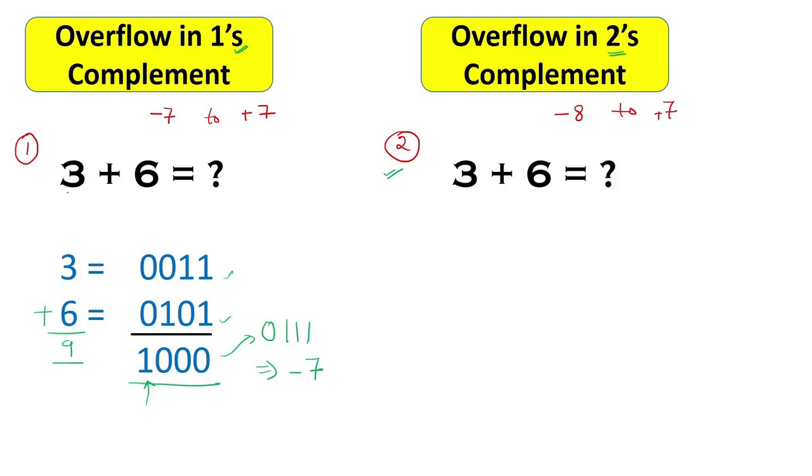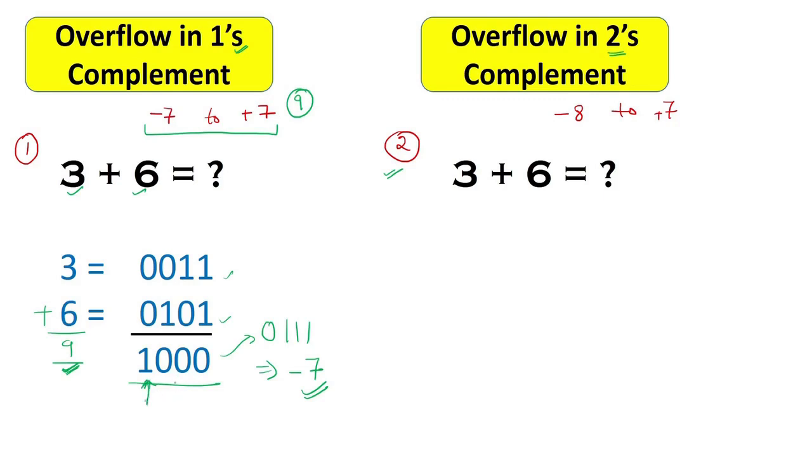Why? We are adding two positive numbers, 3 and 6, and we are getting a negative answer. This is the clear sign of the overflow. In another sense, you can understand this overflow like this. In 4-bit ones complement representation, we have the range minus 7 to plus 7. This we have already discussed in the previous videos. But my answer, that is 9, is not being represented by the computer in the correct way. It is giving me simply minus 7. You can say this 9 is actually out of this range, minus 7 to plus 7. So you can say the result 9 has overflowed out of your range. This is another meaning of the overflow.